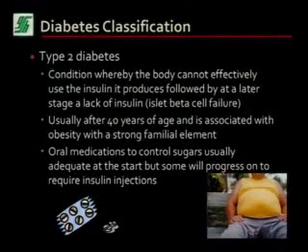So what happens in type 2 diabetes is that to control it at the start, it is a problem with insulin resistance. So there are oral medications that can control sugars, and these medications can help with the insulin resistance, helping the end organs, the muscles and so on, to be more sensitive to insulin, or can make the pancreas produce more insulin so as to overcome this problem of resistance at the end organ level. At the start, this may be adequate, but over 5, 10, 15 years, as the pancreas starts to fail,